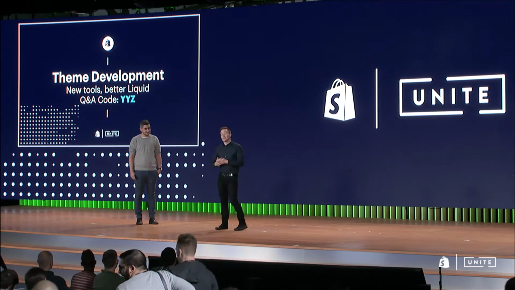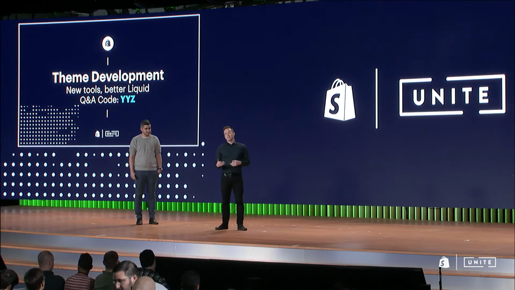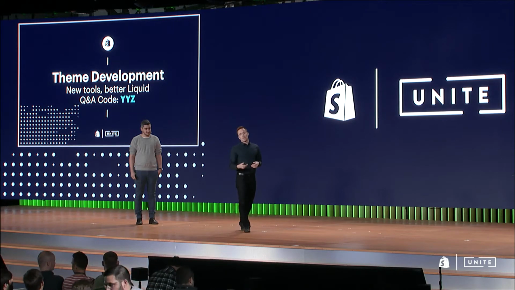All right, today we're going to be talking about theme development. More specifically, we're going to be talking about some new tools we've launched for the editor and some that are upcoming. And we're going to be talking about some improvements that have been made in Liquid that will make customizing